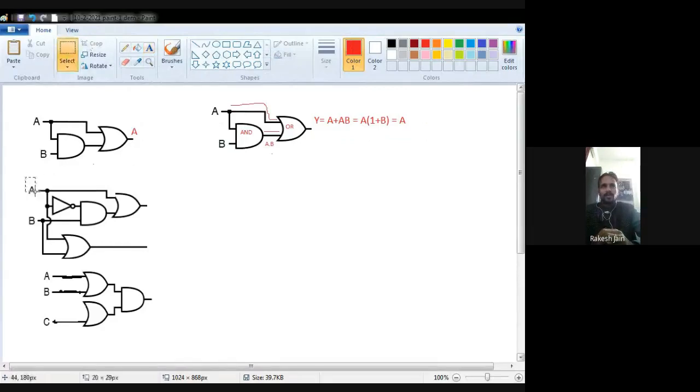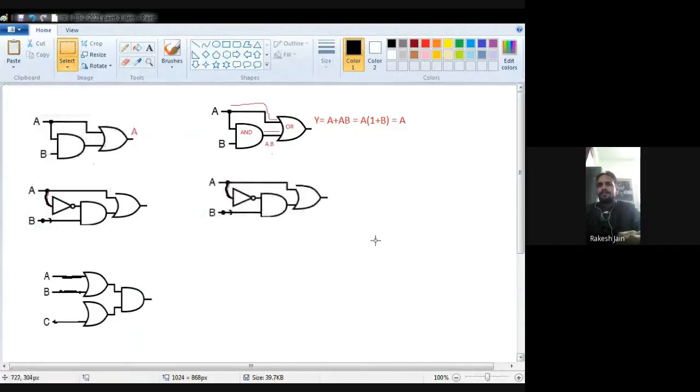Okay, now see the second question. I just copy and paste this one at the right hand side. Actually this one is not present, this is the only diagram. Wait for a while. Okay, now this one is the diagram. So we have to solve this one. Now see at the right hand side.